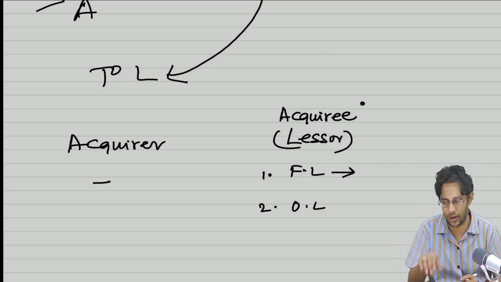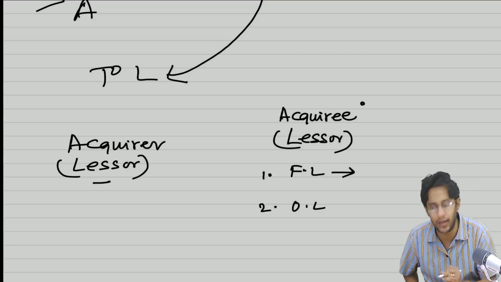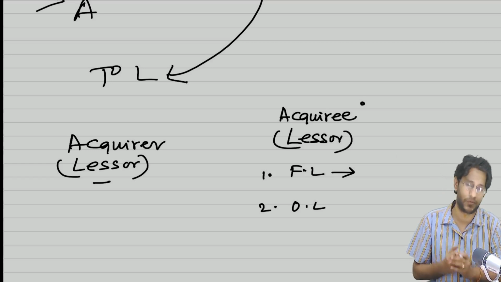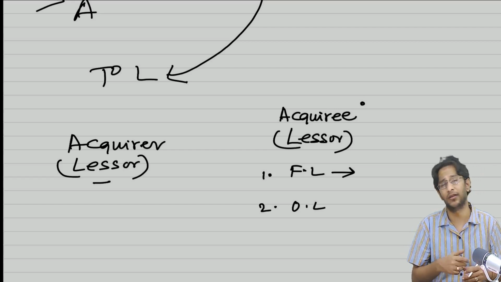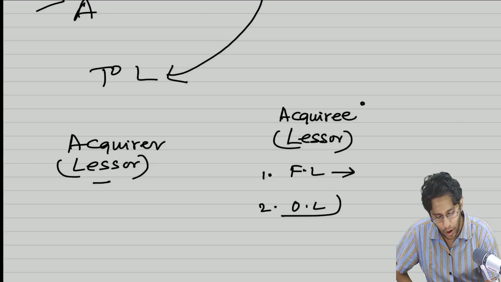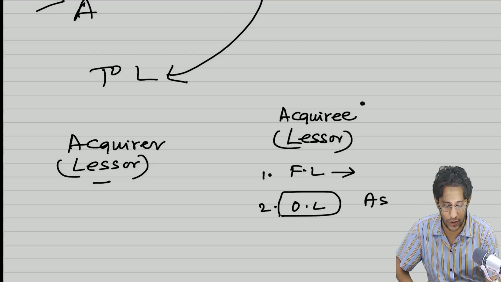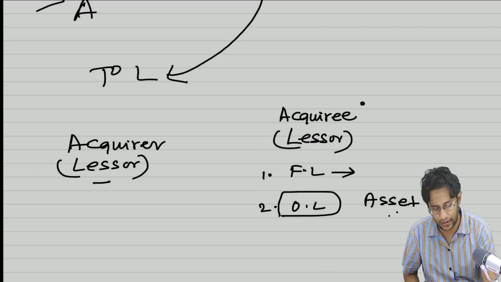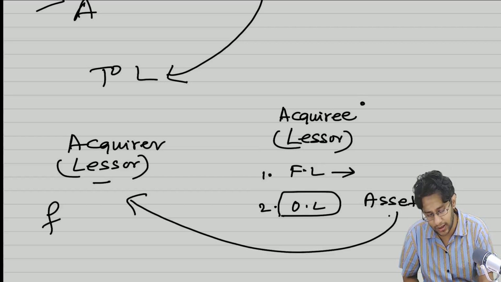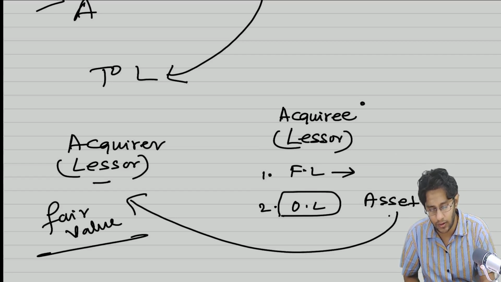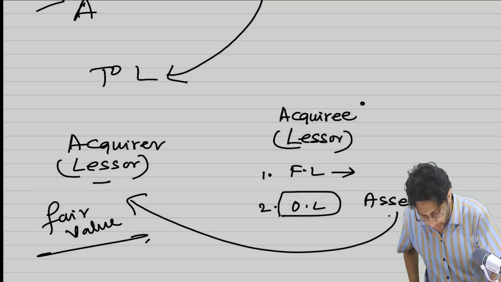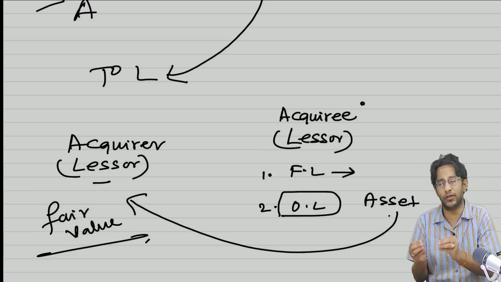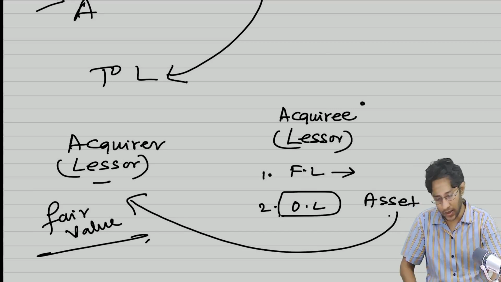Because if the acquiree is a lessor, you also will become a lessor. Now you also think like a lessor. So if it is a lease under a finance lease, the asset will not appear in your books of accounts prima facie. There is nothing to take over. Lease receivable will be there, that anyway will be measured at fair value. Now if it is an operating lease, the asset naturally appears in the books of the acquiree. And now that you are acquiring that company, the asset will come into your books also. So happily recognize this asset at fair value. So simply put, if the acquiree is in a lease transaction, if it has any asset and liability, just recognize them in your books at fair value. It's a very, very simple case.